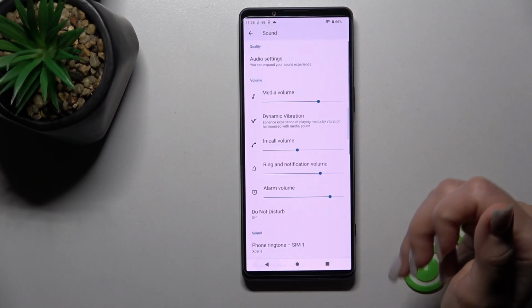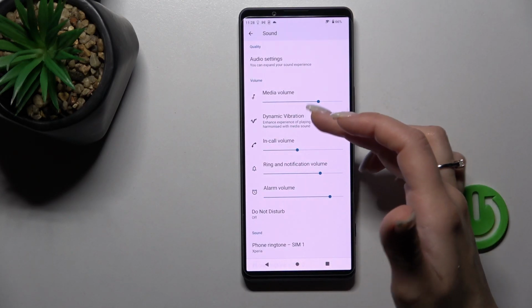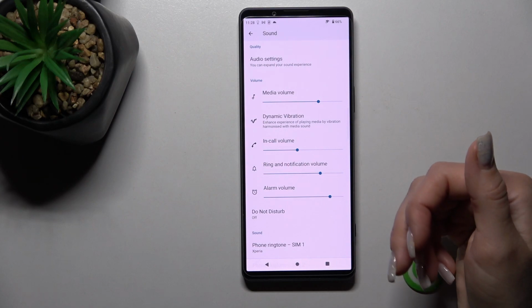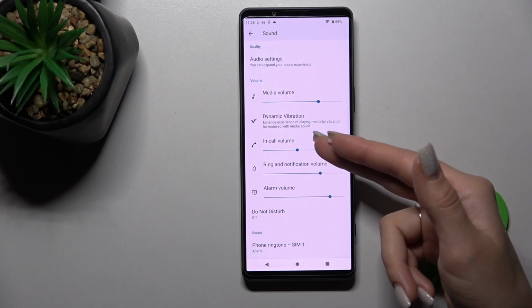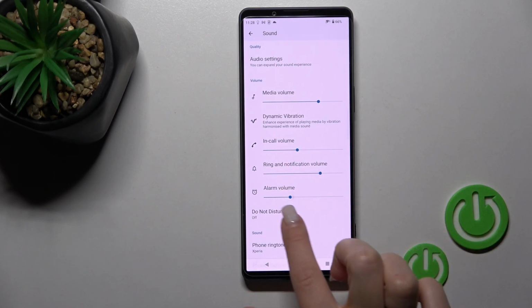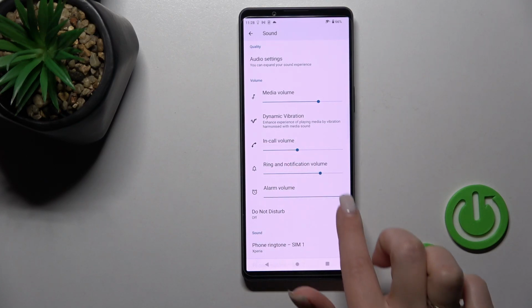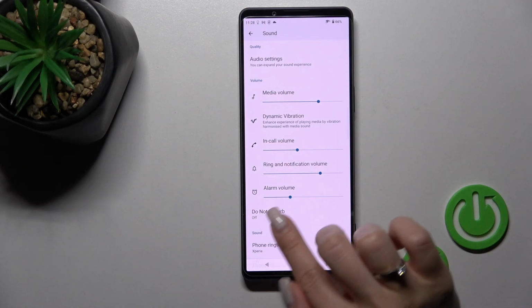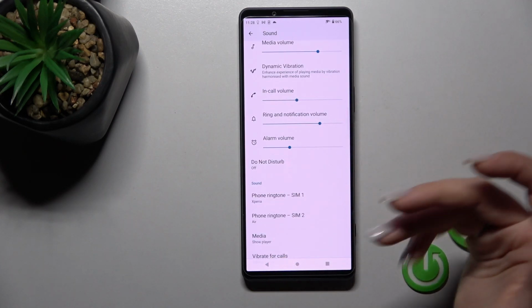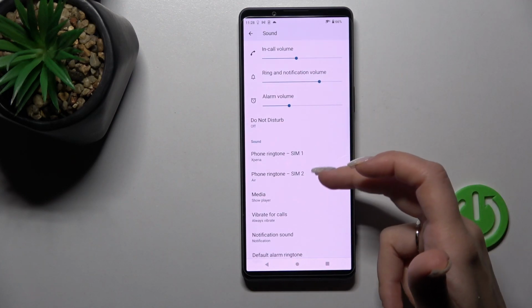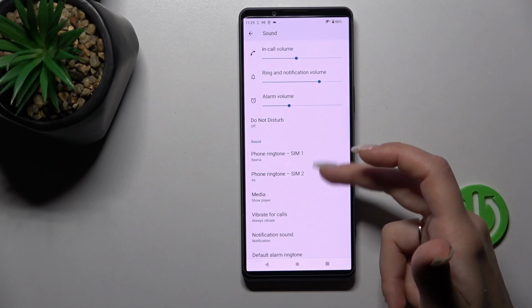Here we can see the volume panels: the media, ringtone, notification, call and alarm volume panels. To change the volumes, we should swipe to the left or to the right with our finger on the dots. We can also turn on and turn off the Do Not Disturb mode. We can change the ringtone sound here, but